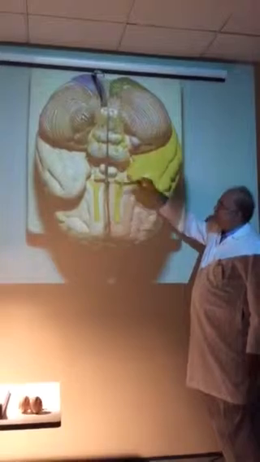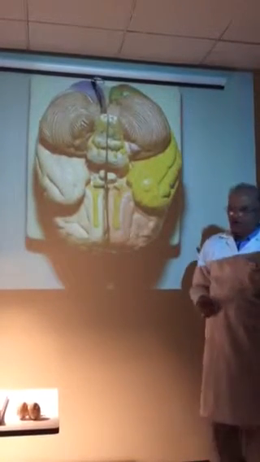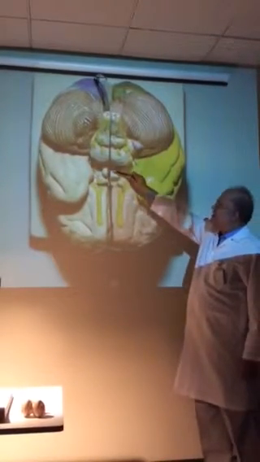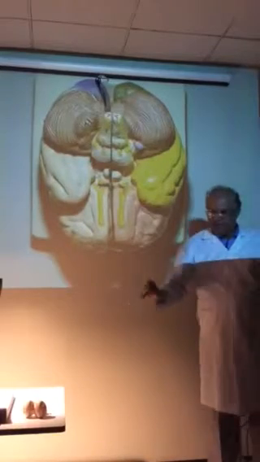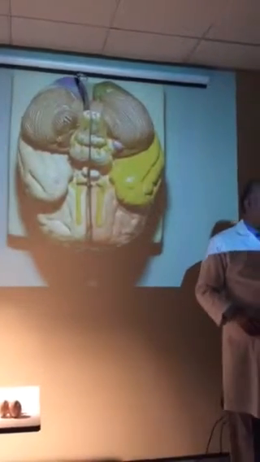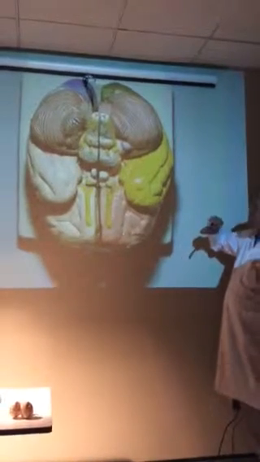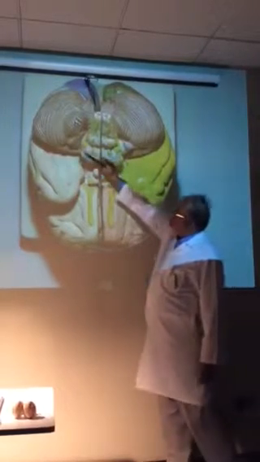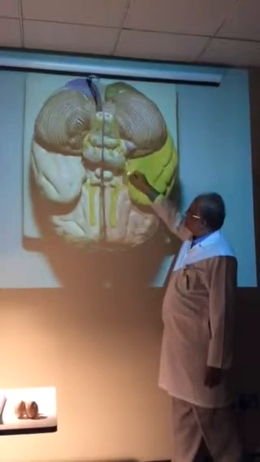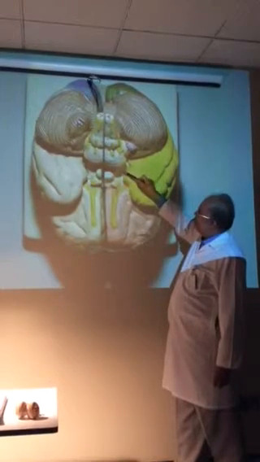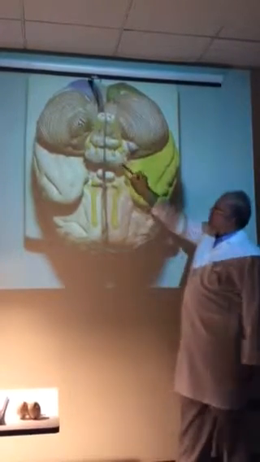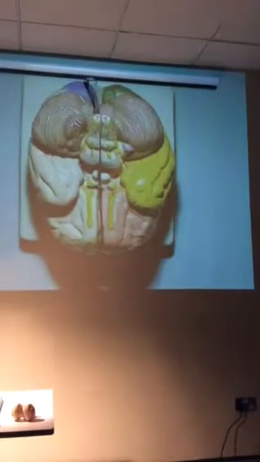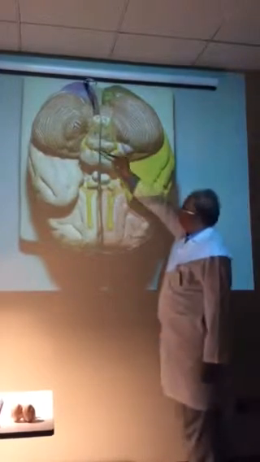Fourth is the trochlear nerve, but it is attached on the posterior surface of the midbrain, which I will show you on the other model. After the fourth comes the fifth cranial nerve, which is your trigeminal. It is attached on the pons. So this is the pons, so this is fifth. First, second, third, fourth at the back, and this is the fifth on both sides. Clear? Yes. No problem.